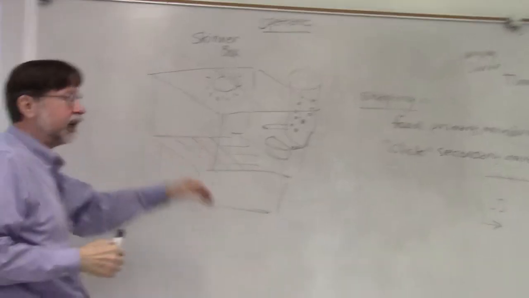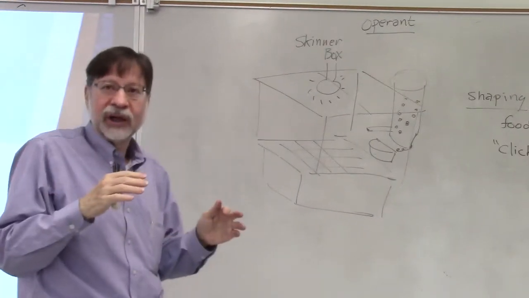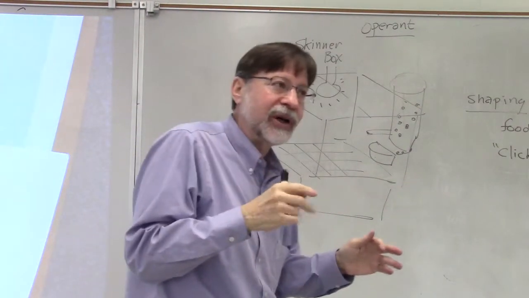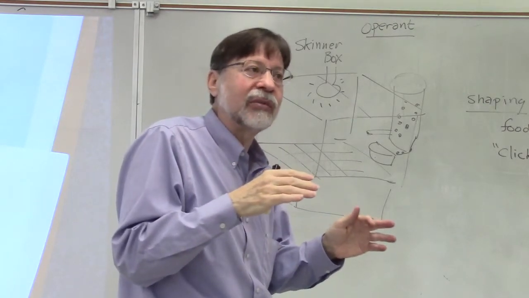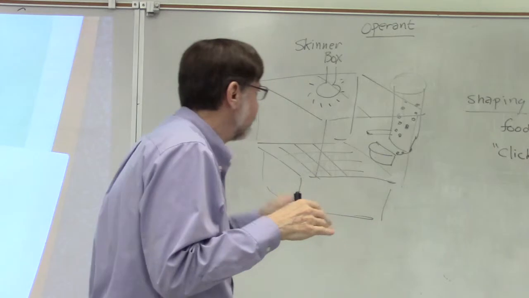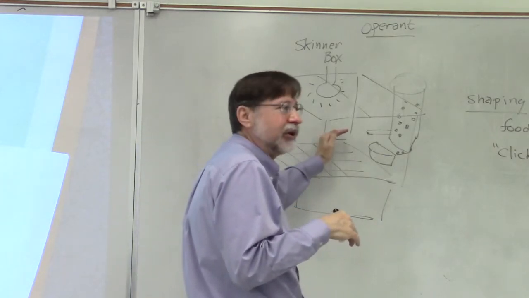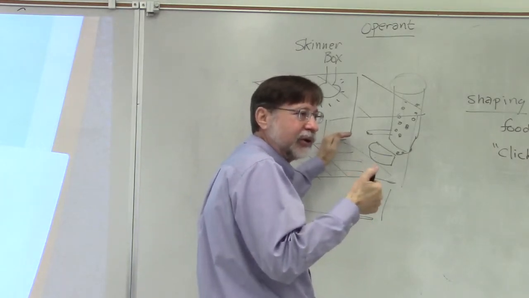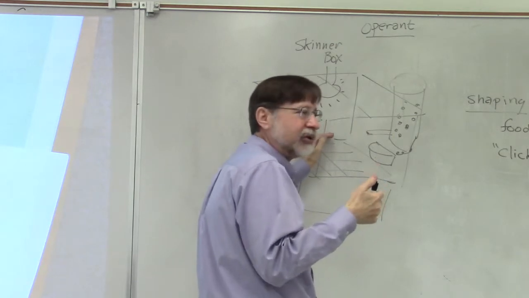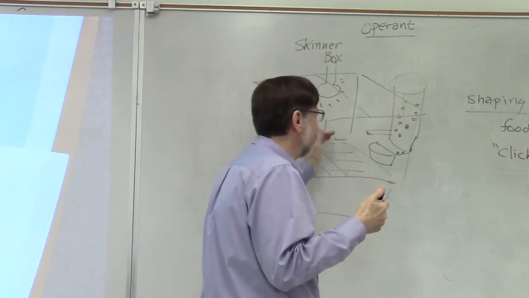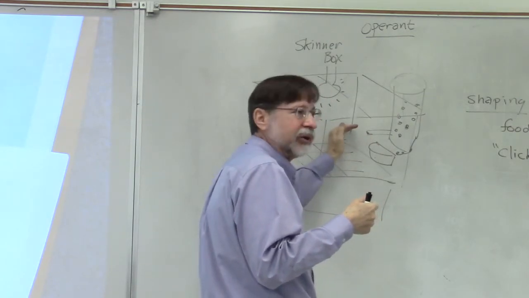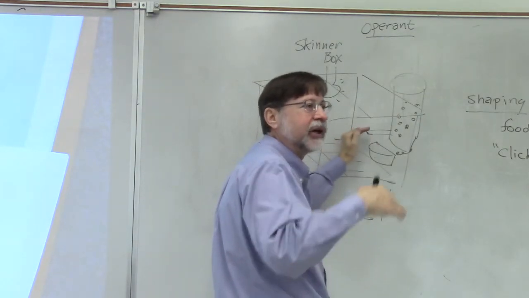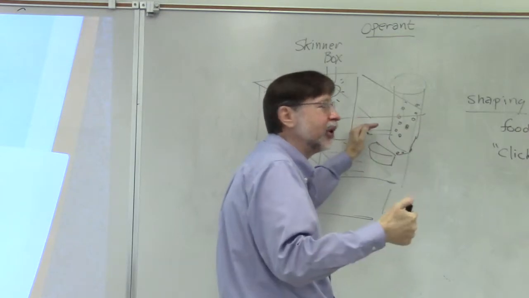Now I wait till the rat is facing the bar and closer to the bar before I push the button. Now the rat is spending more of its time facing the bar. So it faces the bar, but now I need it to be closer. So I wait for it to come closer, then I go click, and he goes and eats the food. Then it goes back to doing other things. When it's facing the bar, click, goes and eats the food. Now it has to be closer.